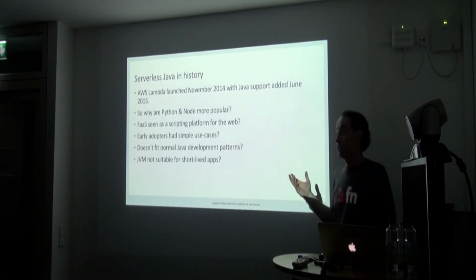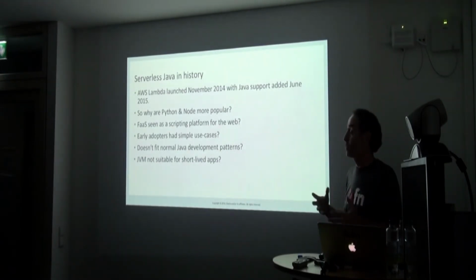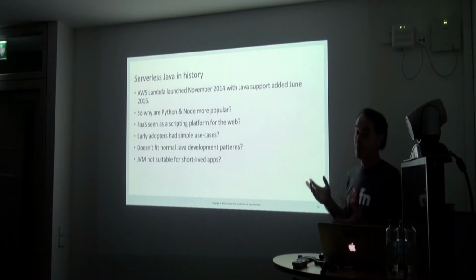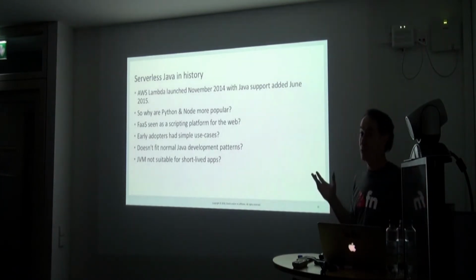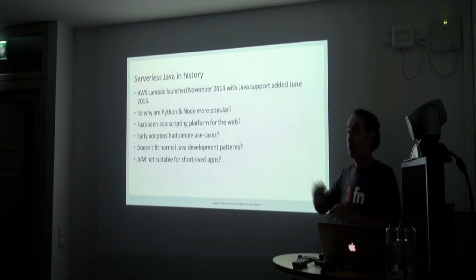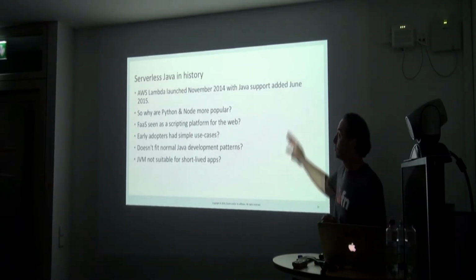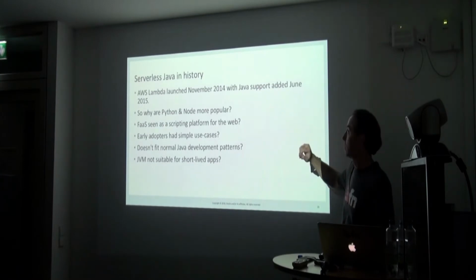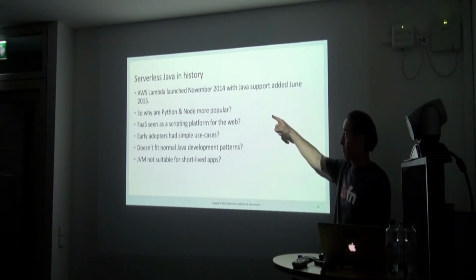If you look at Java's usage, Lambda, which is the first major cloud platform to give a functions platform, and there are other people, but they're the big guys, launched in November 2014 and put out Java some months later, 7 months later or so. That means it's been out for 3 years, and it's still probably 5%. The Serverless.com people don't run their own platform. They deploy code to other people's platforms. So we're talking about numbers of people deploying to Azure, to Amazon, and different platforms. They do include Lambda numbers in those stats we saw. So Java's not that great after 3 years of being available on a major platform.